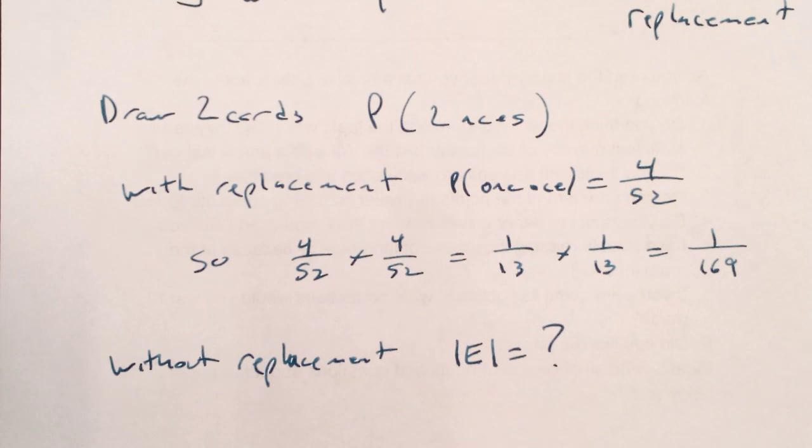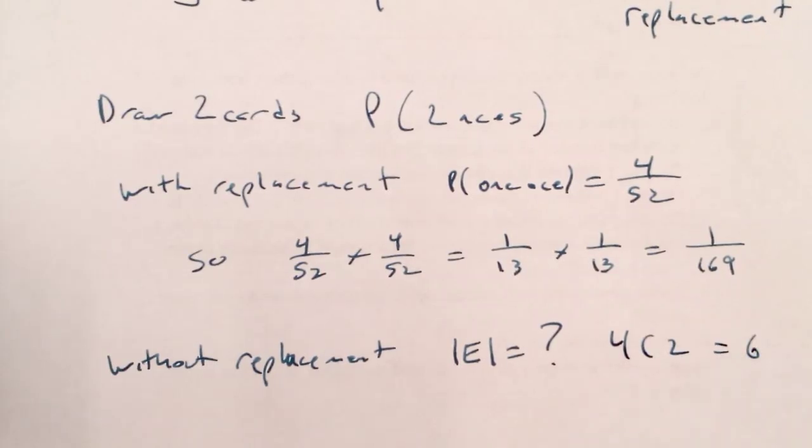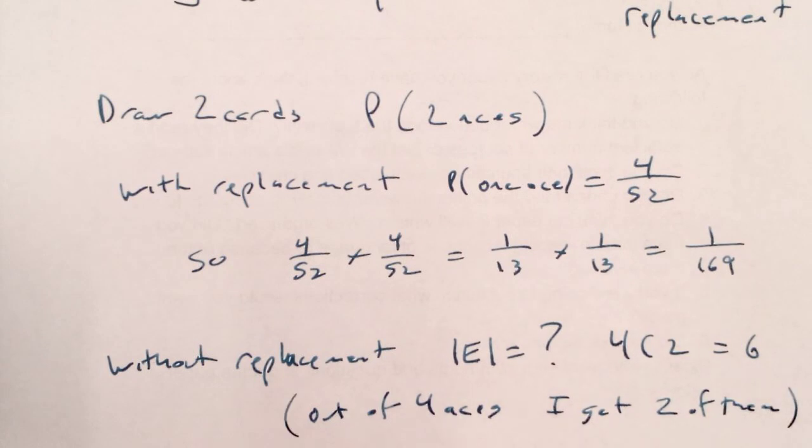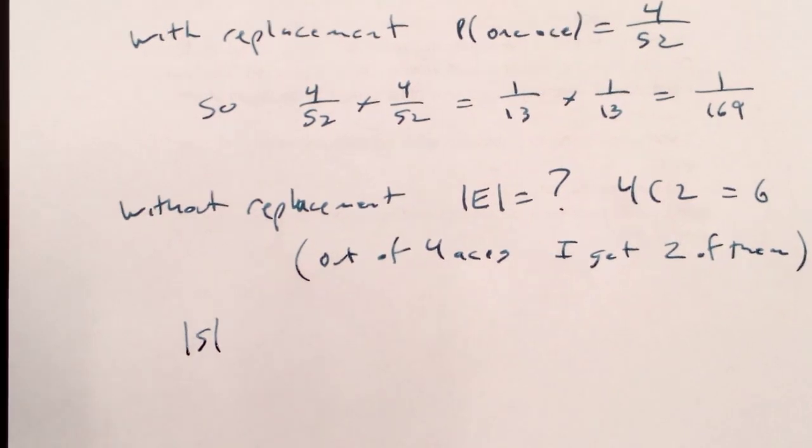So really what I need to do is take that number and divide by the number of options that are equivalent, right? Hearts, clubs versus clubs, hearts, those should count the same. So if I do 4C2, it should be 12 divided by 2, giving me 6 options. But what's the size of my sample space?